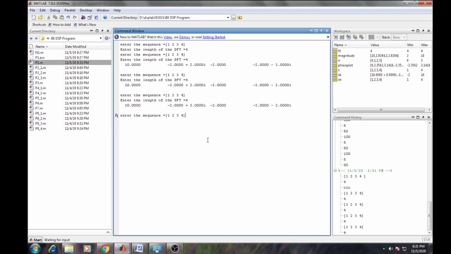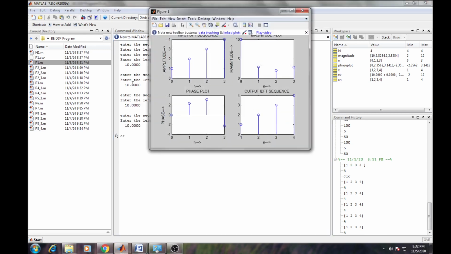If you are not entering square brackets, if you write only 1 2 3 4, then the code does not accept it in array form. When you write only 1 2 3 4 without square brackets, it accepts it as a single number, 1 as a single number, so it generates an error. So I suggest you enter your data in square brackets. Square brackets are very similar to your array. So enter and then write 4. So 4 will be n, and again here you will get the output.